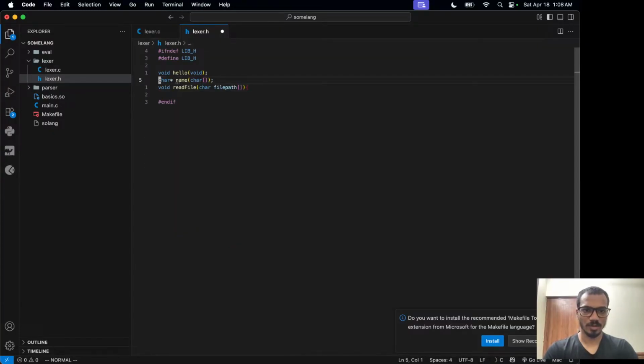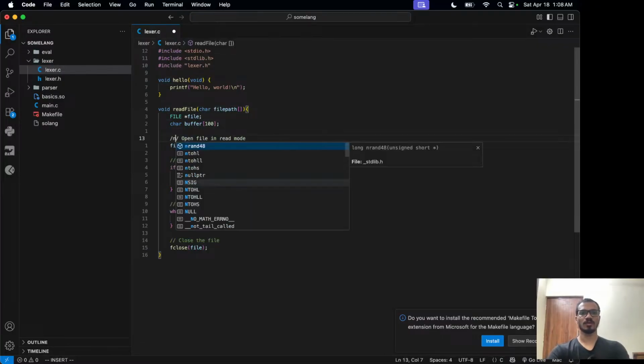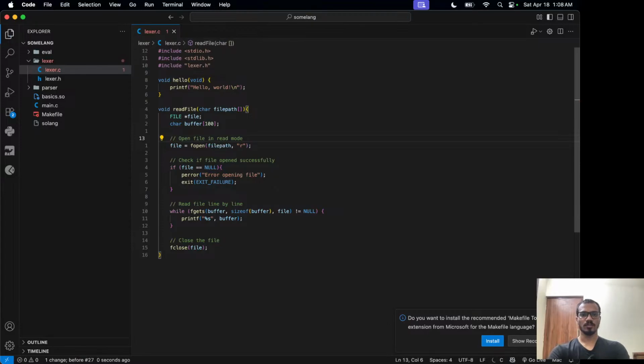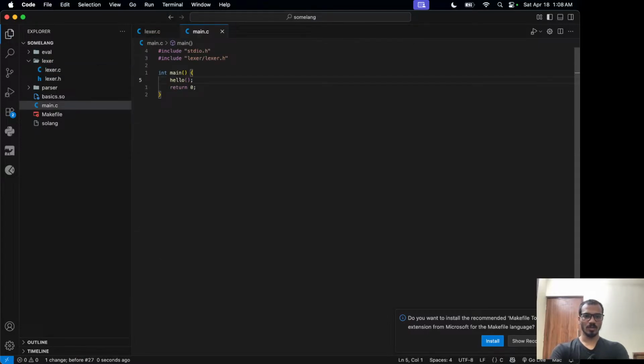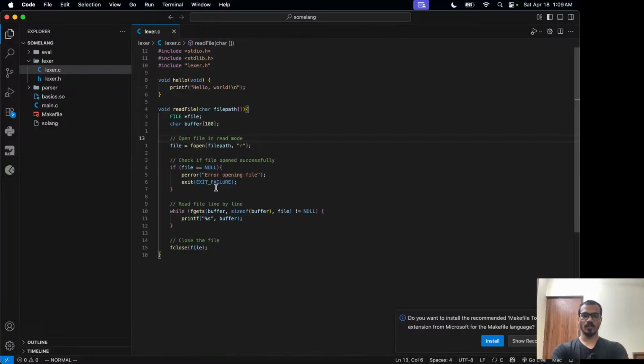And we should add it here. Read file. Okay, this should now work. Let's see if this works. Oh, main.c, we will import read file from Alexa. Yep. And basic start. So this should work. Let's see if this works. And yep. Now we can read our file,